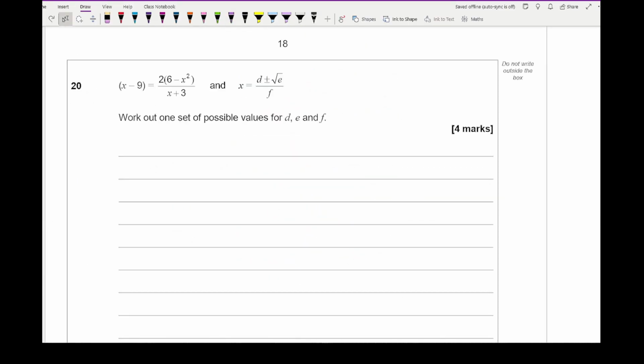Now for question 20, it says x minus 9 equals 2 lots of 6 minus x squared, all divided by x plus 3, and x is what it equals. And it says work out one possible set of values for d, e and f. Now one thing you should spot, it's not quite obvious in this, is the fact that this resembles the quadratic formula. Now if that resembles the quadratic formula, what we need to do is try and create a quadratic